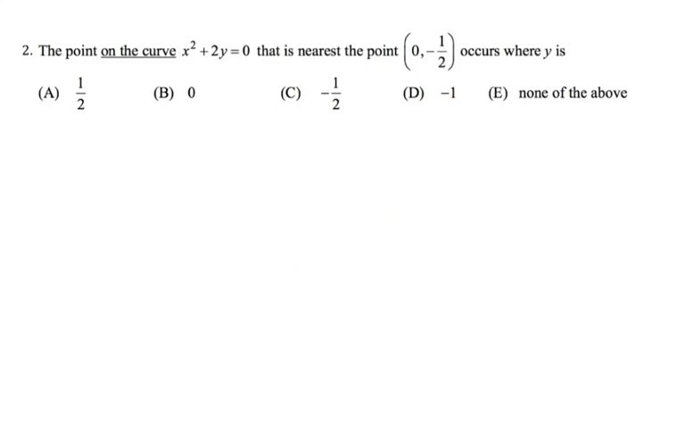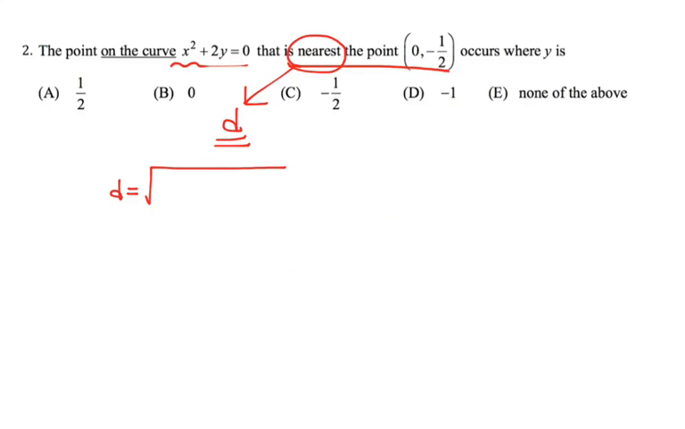How about the second question here? The point on the curve, right over here, that is nearest to this point. Now, nearest simply means the minimum, and that implies the distance. Distance has to be the minimum. Then let us try to find the distance formula here. Distance will be equal to the square root of